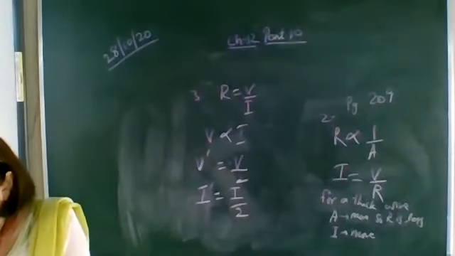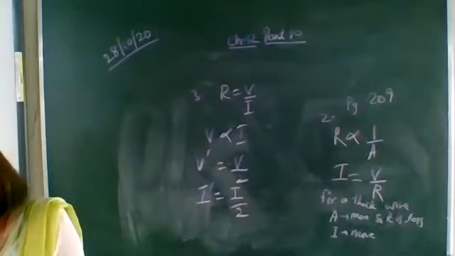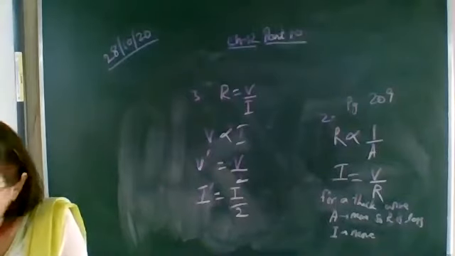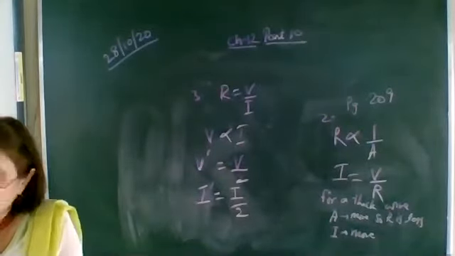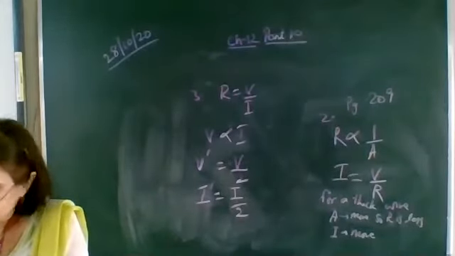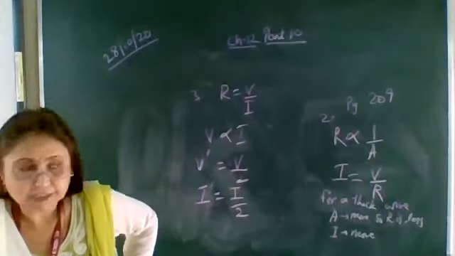Next is, which material is the best conductor? See from those. Okay, the one which has the lowest resistivity, that is silver. It has the lowest, 1.60 into 10 raised to the power minus 8 ohm meter. The resistivity of silver given in this table is 1.60 into 10 raised to the power minus 8 ohm meter.